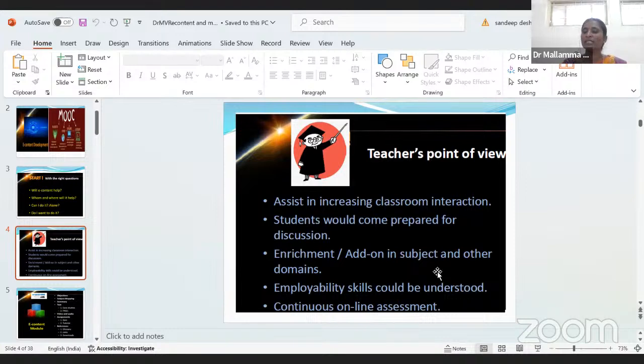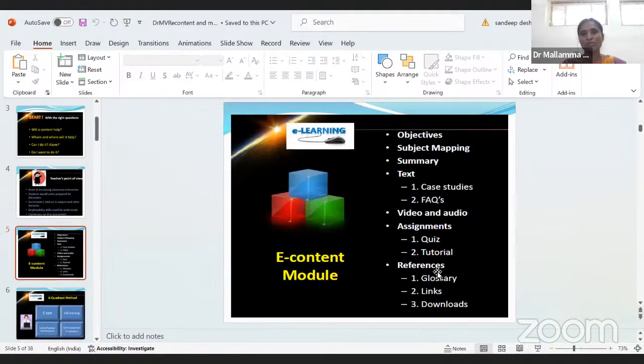And not only that, it is for the teacher as well. What is a teacher? The main task of the teacher should be to be a learner every time, a continuous learner. So here also we have to make continuous online assessment for the students. It may be giving them assignments, seminars, evaluation. We have to go on with the assessment for the students. So what must this e-content model contain? Everyone should remember these things.